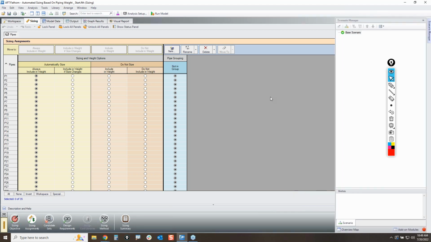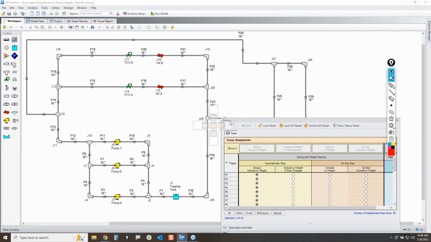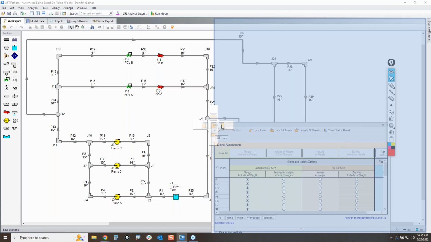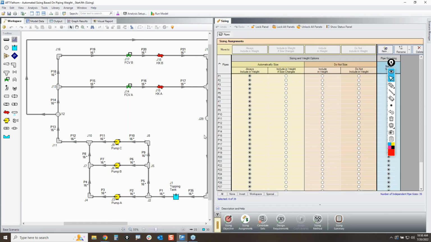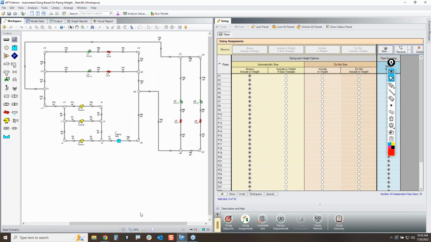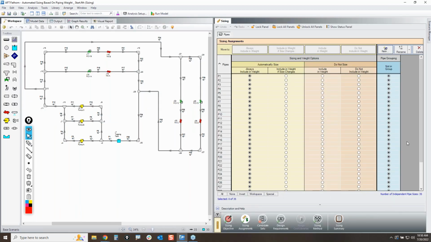So I'm going to minimize my quick access panel and I'm going to move my sizing panel. I'm just clicking the tab and dragging it to this compass here and putting it on the right. That way I can see both windows. If you have dual monitors, then you can click and drag it onto its own screen, and that makes it a little bit easier because then I wouldn't have to scroll over to the right to see my common size